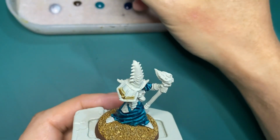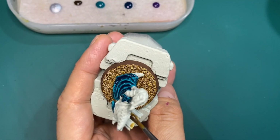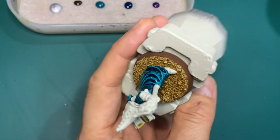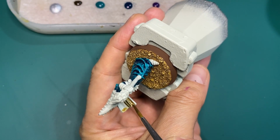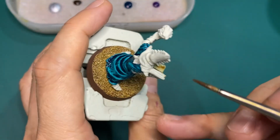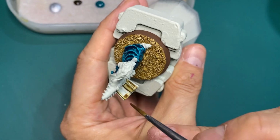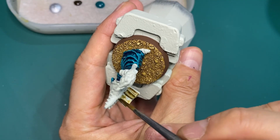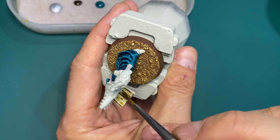So while that's drying, and it's already drying fairly quickly, which is nice, I'm jumping back in to detail the book that he's got holding, applying a little bit of skeleton horde on the pages, paying special attention to the crinkly edges where you can sort of see that the sculptor has added quite a few lines to represent many pages,